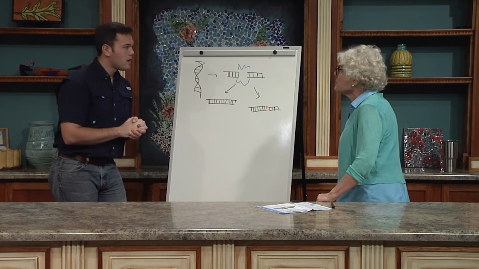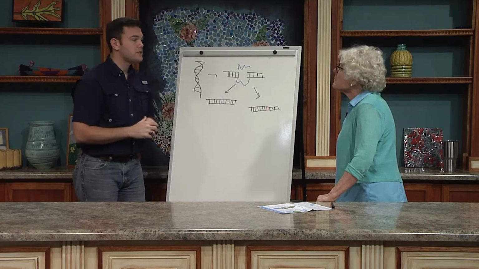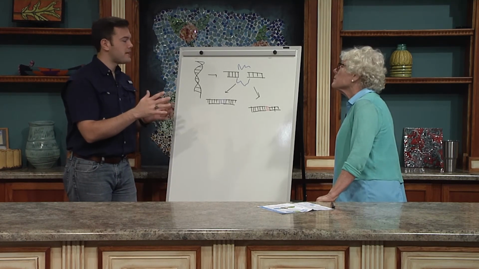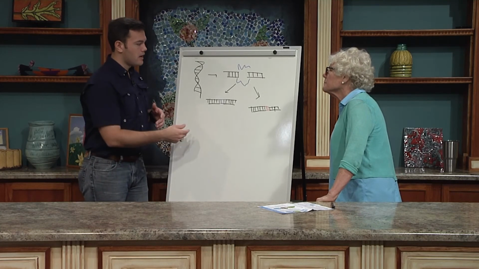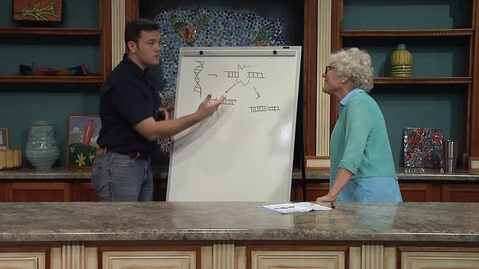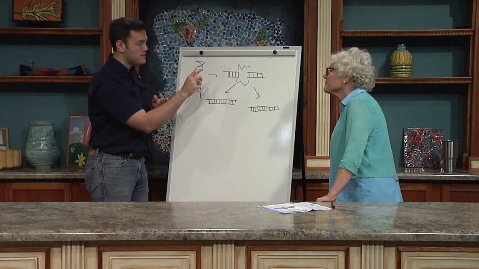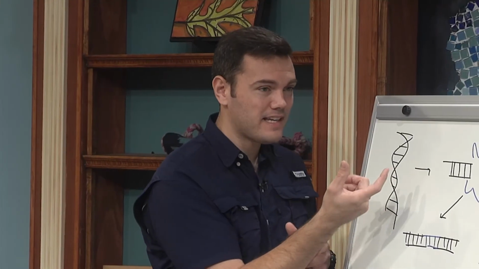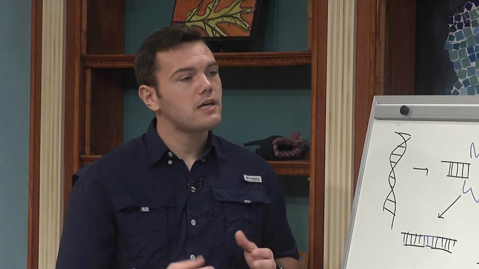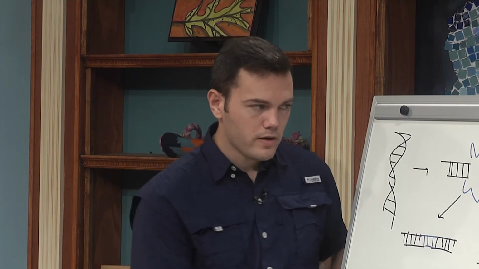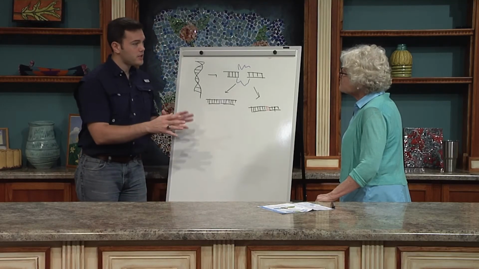And so I mentioned the word mutation. A mutation is a change in a DNA sequence. And there are different mutations that occur. You can have a few nucleotides deleted. You can have some added. There's something called an inversion where the DNA breaks out, flips around, and puts itself back in. Lots of bad stuff. But one of the most common DNA mutations is called a point mutation. And that's when one letter in that DNA sequence has changed.